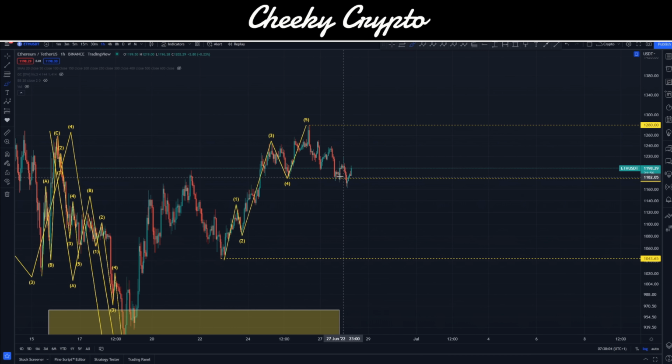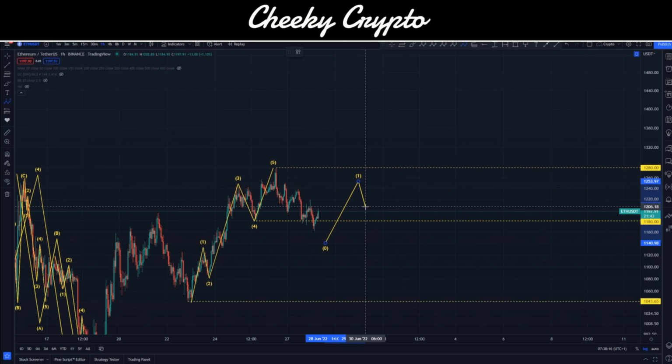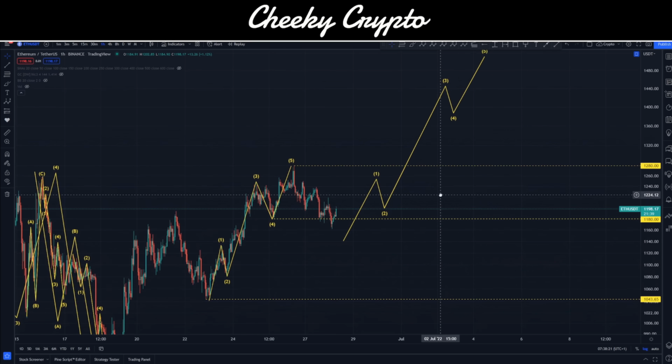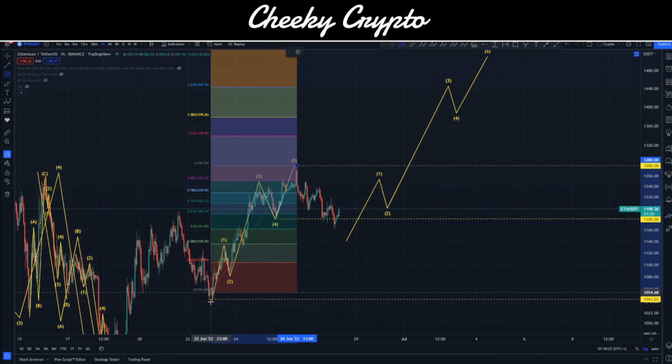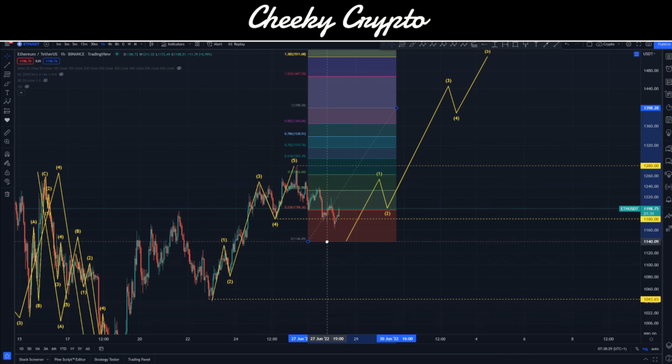But what we do have to worry about is a move where we actually have a 5-wave structure appear next, and it might seem like it's random, but it wouldn't be. So let's hypothetically say we just pull back a little bit lower, and then we have some kind of move upwards like this, right? And if this happens, what we've actually got is a Fibonacci measurement of this first 5-wave structure here. I grab it there, move this over to our correction,